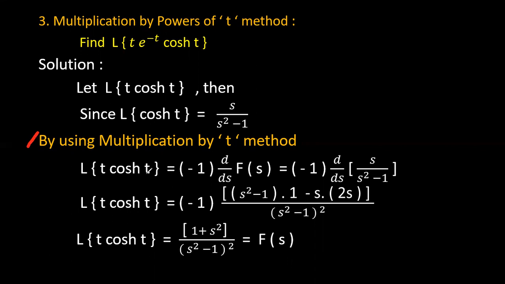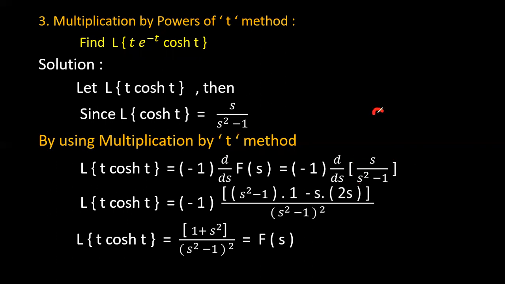So the Laplace transform of t cos ht is equal to, since we have t power 1, minus 1 whole power 1, you have to do one-time differentiation of this f of s. It is actually not the final f of s, this is in the s domain; that's why you consider this as f of s according to the multiplication by t method. After getting the final answer, that is your actual f of s function. So minus 1 into d by ds of f of s, where f of s is nothing but s by s square minus 1. Substitute that.